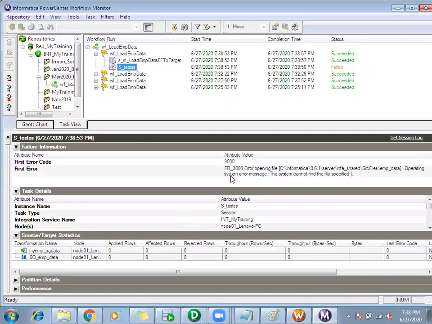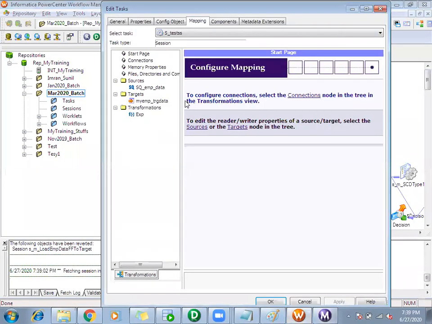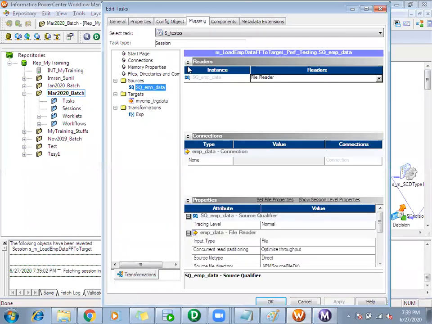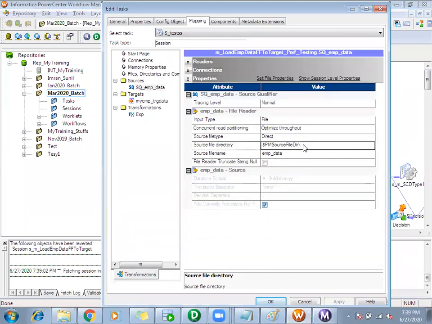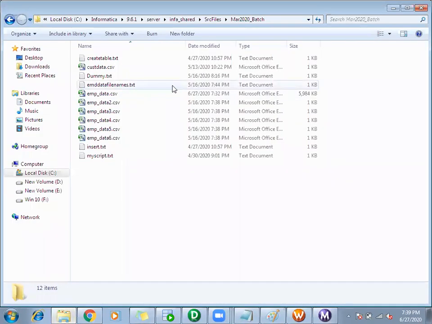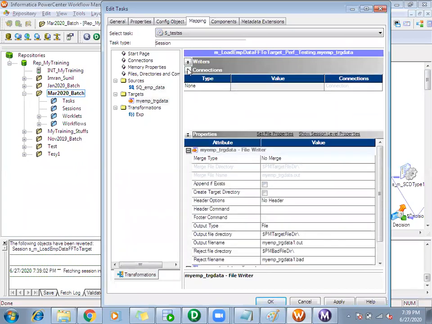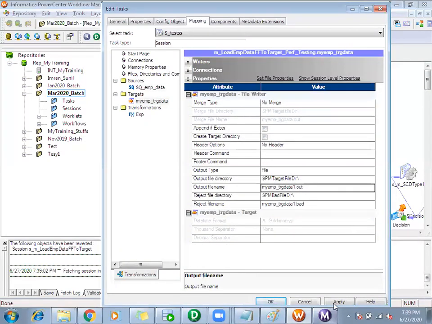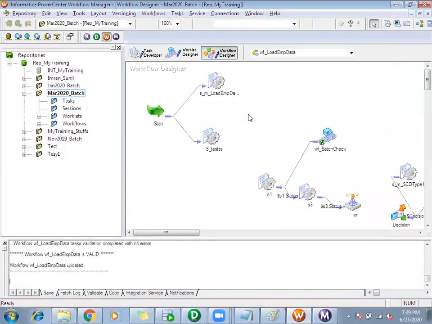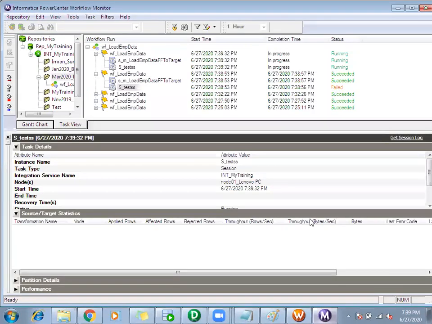Okay, I have to provide the file name, source. Okay, target file, let it create here. We are not checking that. Start the workflow.